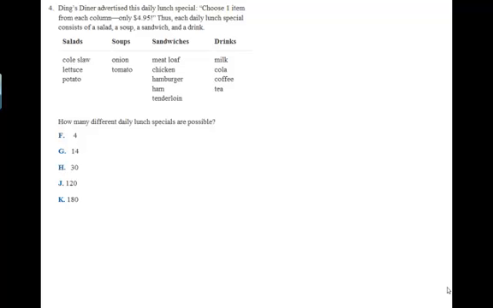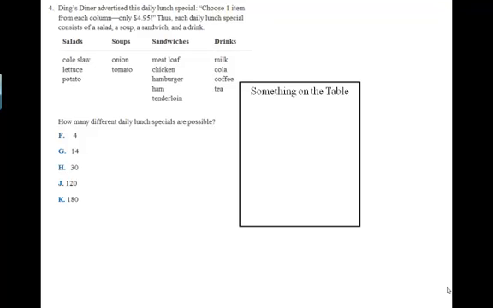Salads, soups, sandwiches, drinks. How many combinations are there? Well, it's hard to figure out if you were to enumerate them all. Let's do a simple one. This is our something on the table example. Suppose I just had 2 things, or a category 1 and a category 2. In my category 1, I've got A and B. My category 2, I've got 1, 2, and 3. My question is, how many combinations do I have? Well, I've got A1, A2, A3, B1, B2, B3,